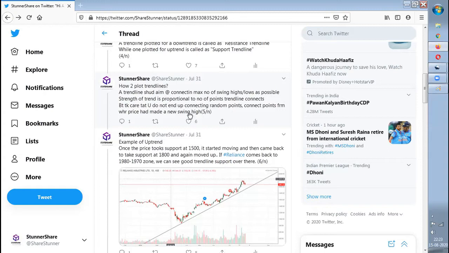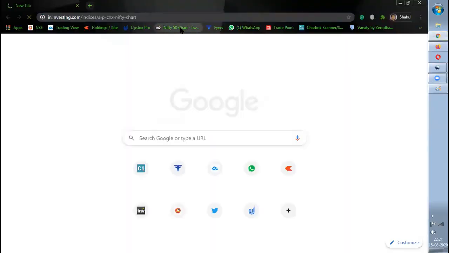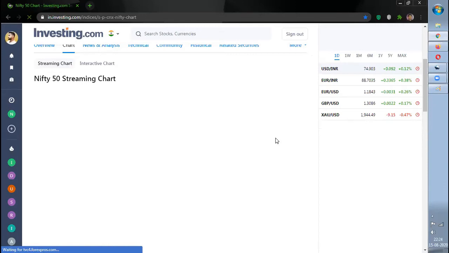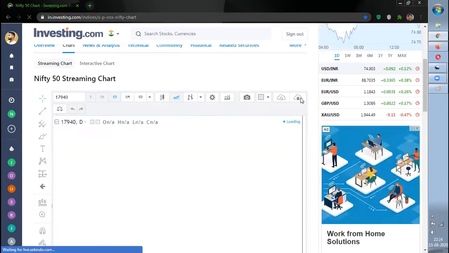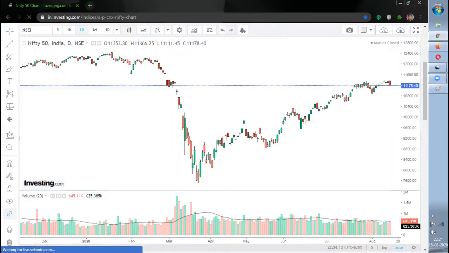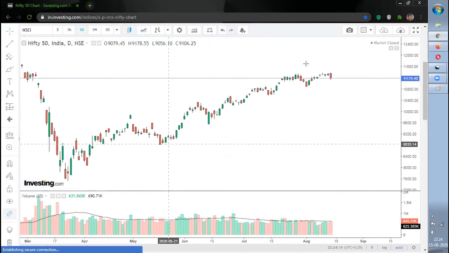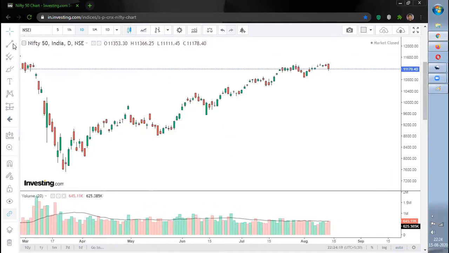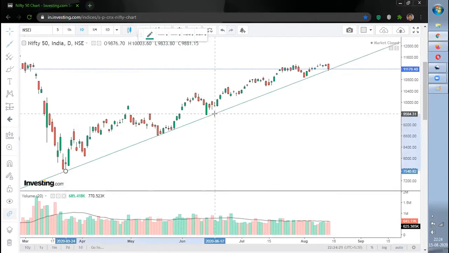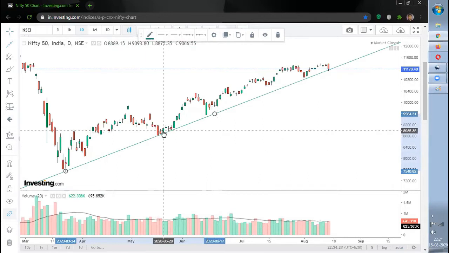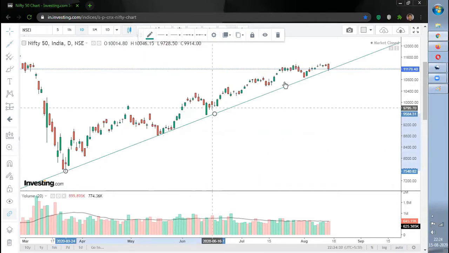So what they are trying to say over here is, let me take a chart so that it can give you some clarity. Here. So what they are trying to say is, like, this is an uptrend. Clear. So you need to draw a trend line. I always use extended. You need to ensure you connect the right places. You should not connect the incorrect points, as that will give you some confusion.